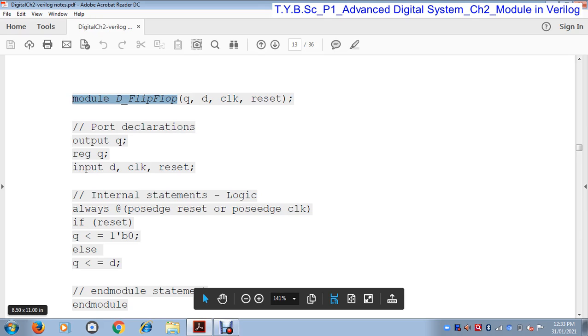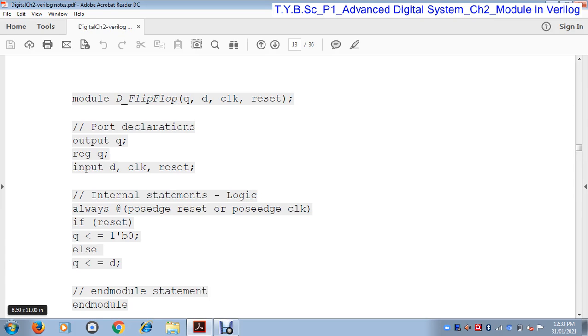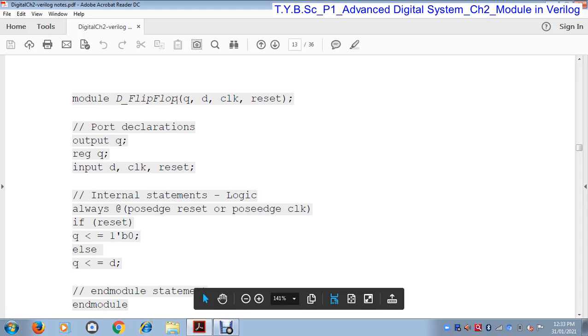When you forget to give the module name or end module, or any one of these, then it gives an error. So module name and end module are compulsory, but the elements within the functional body are optional. Okay,